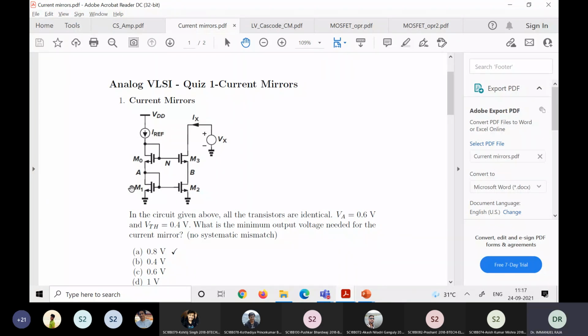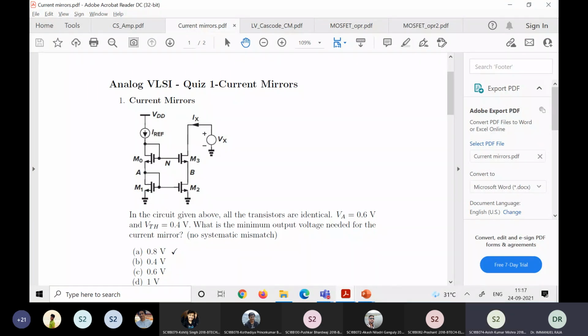And the mismatch happens because VDS of M1 is not equal to VDS of M2. If VDS of M1 and VDS of M2 are the same, the current through M1 and M2 are going to be the same. This M3 is basically making sure that both the VDSs are the same. And the output impedance is improved. That's it. This can go down up to its VDSAT.